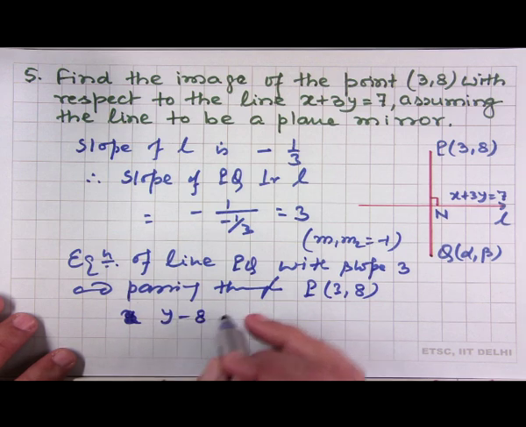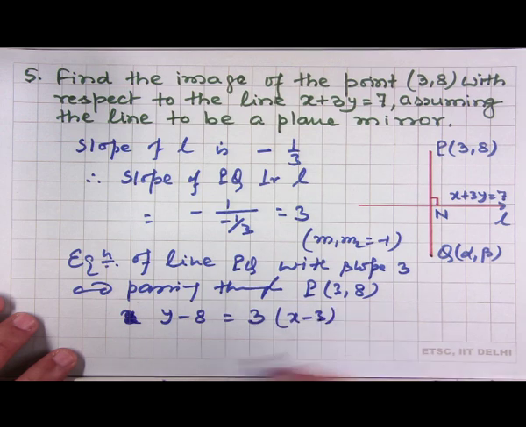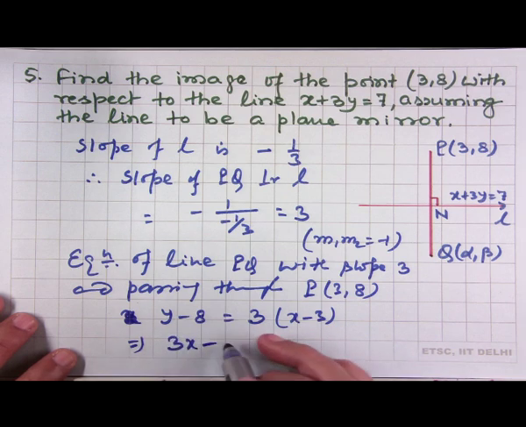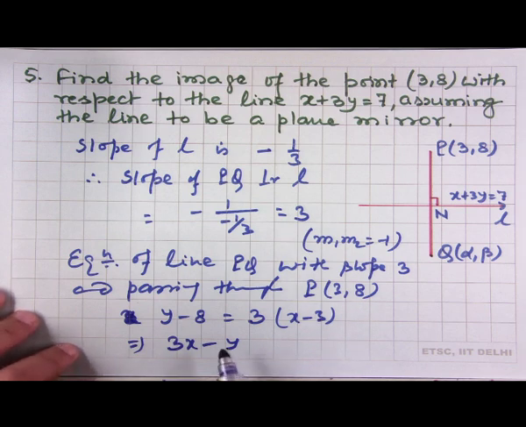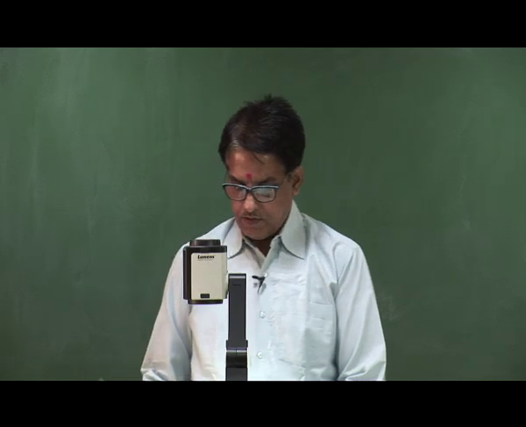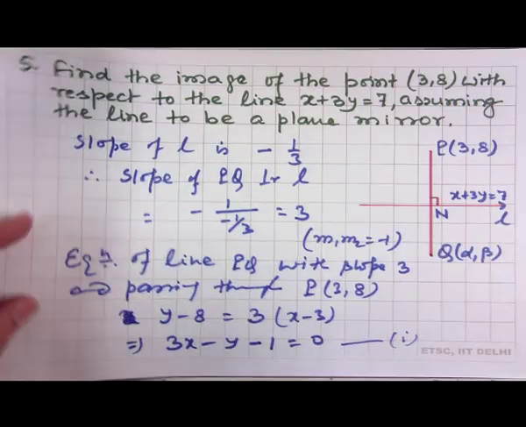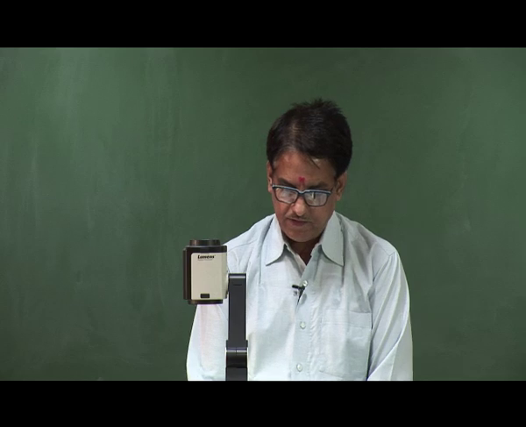Y minus 8 is equal to 3x minus 3. So 3x minus y minus 1 equal to 0. So say this is first, and given equation of line